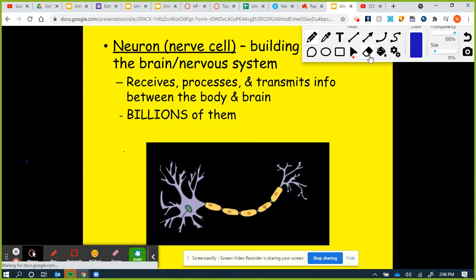First thing, we'll talk about the structure of a neuron. A neuron, also called a nerve cell, is the building block of the nervous system. These microscopic little things receive messages through chemical messengers called neurotransmitters, and then they communicate with other neurons, telling our brain what to do. This involves our memories, thoughts, behaviors, anything. All of that is controlled by neural communication. We have a couple hundred billion of these.